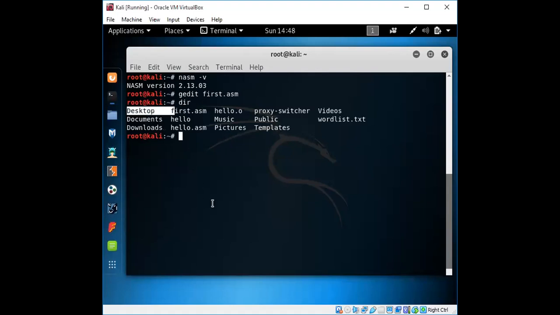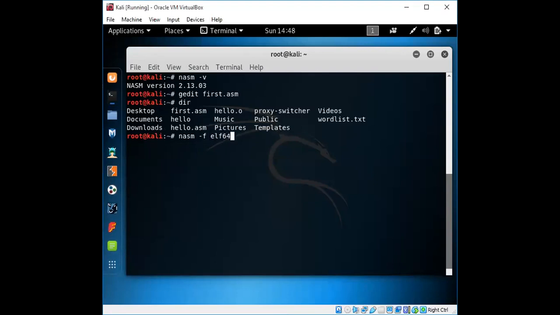The next step is assembling and linking this. We're using two commands. First, NASM with -f for the format.